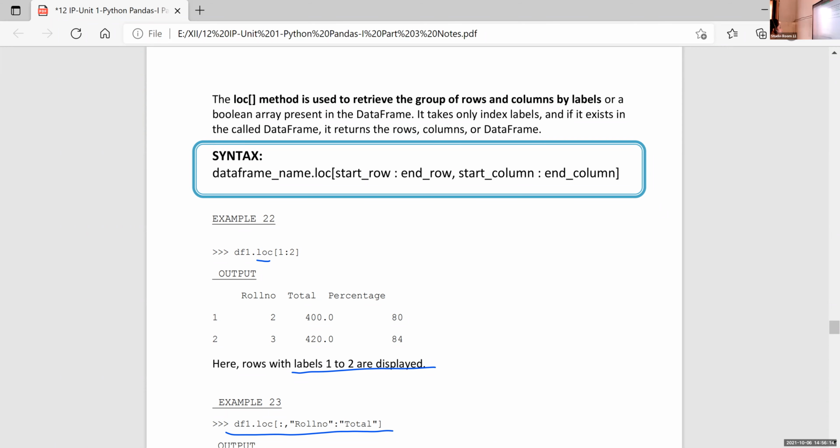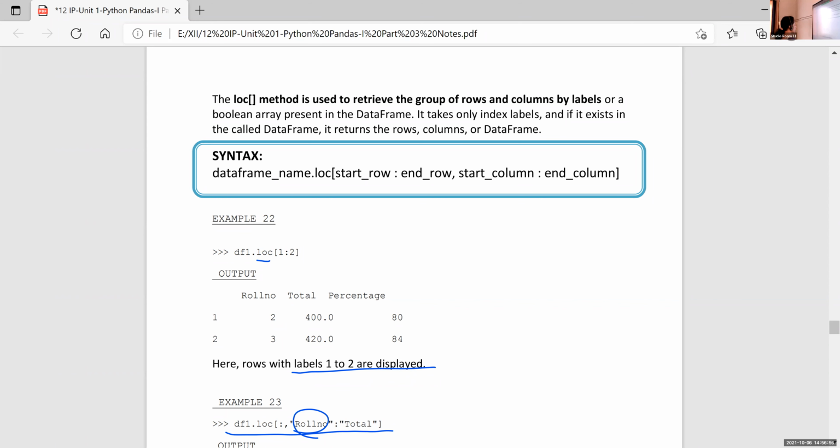Elvina, what is the meaning? It displays based on the column name. What is the meaning of this roll number colon total? What is roll number and what is total? It should start with the column Roll number and it should end with the column name total.